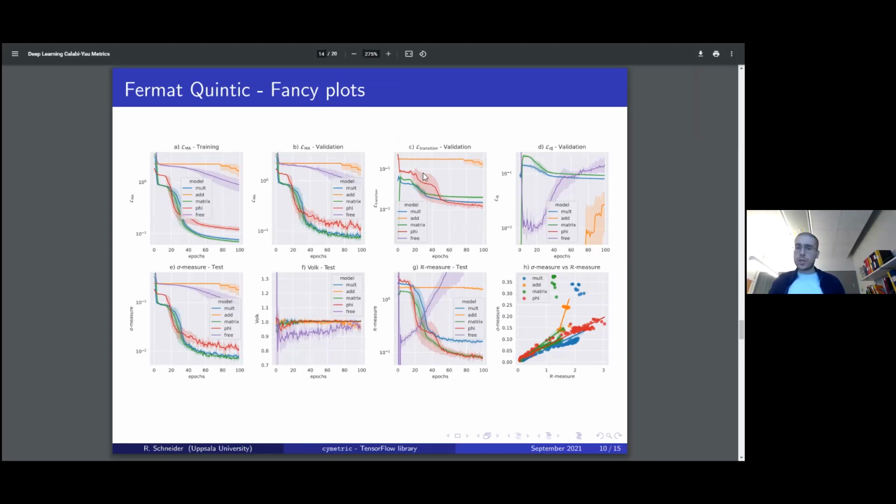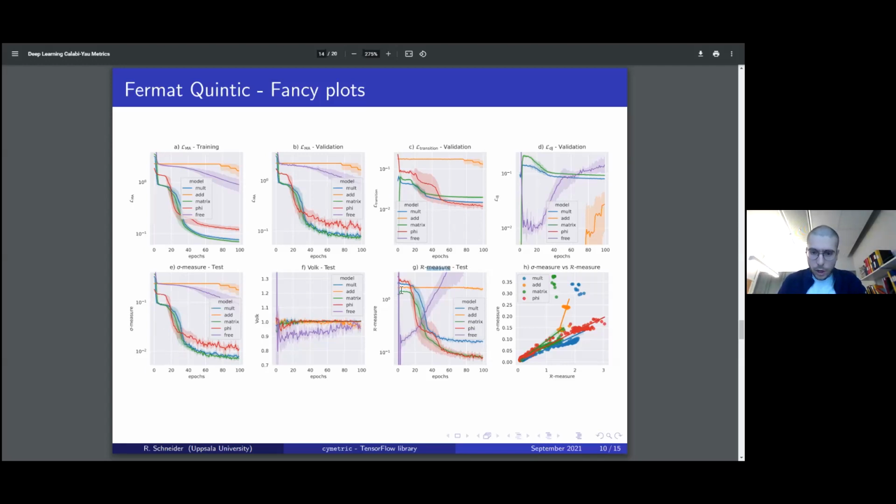In similar fashion, we can see that the transition loss is going down for all these models, and also the validation loss, in particular for the 3 working models on the Kähler constraint, is also going down. The phi model here, you won't be able to see because it's by construction Kähler, so it's going to be somewhere around 10 to the power of -7 at the bottom, and then you can't see any of the other results. More importantly, there are these 2 benchmarks from the literature against which the Donaldson algorithm is usually evaluated, and those are called the sigma measure and the Ricci measure. And with our package, we can keep track of both of them during the training process on some separate test set, which the neural network has not seen before.